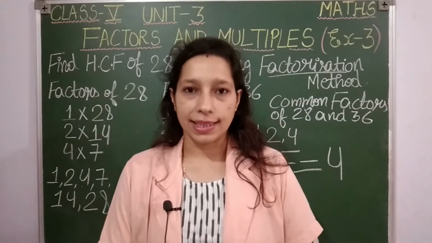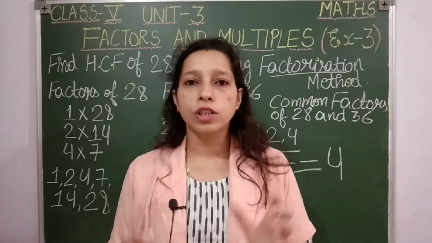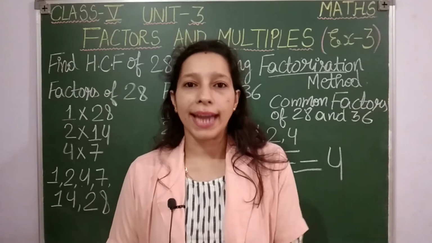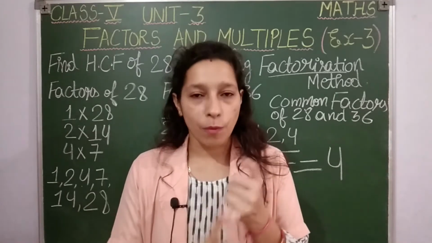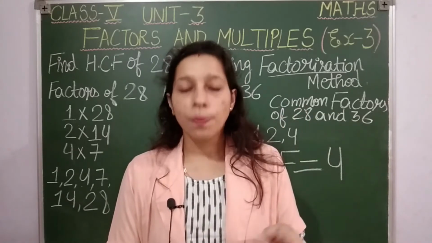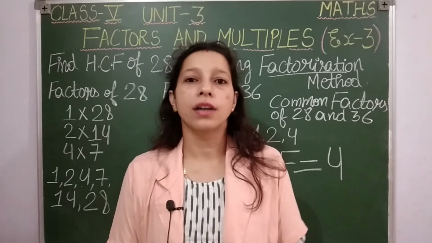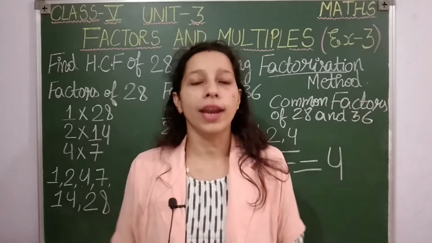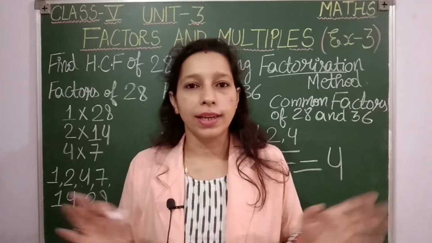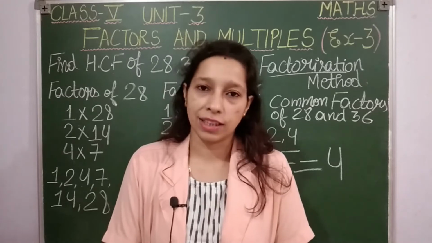Like this we calculate HCF, and we have used the factorization method here. In simple words, students, whenever you get a question to calculate HCF for the given numbers using the factorization method: step 1, write the factors of each number. Step 2, then write the common factors of the numbers. Third step, search for the highest common factor, that will be your HCF. In 3 steps simply you will get the answer. Okay, students? So I hope the first method to calculate HCF is clear to you.